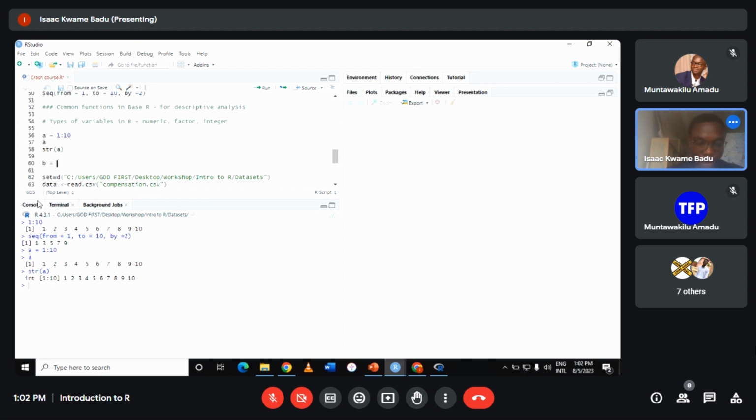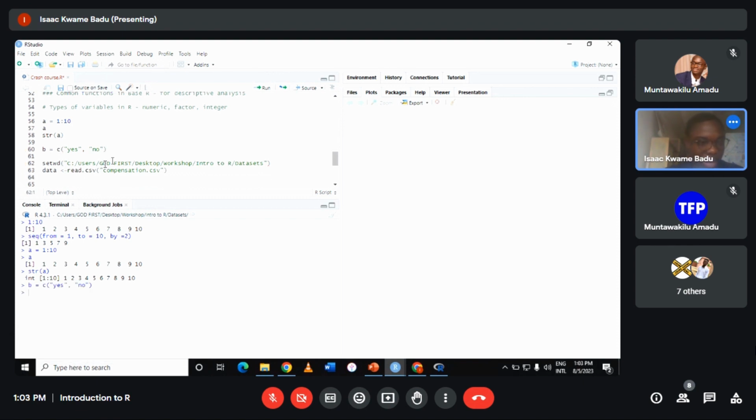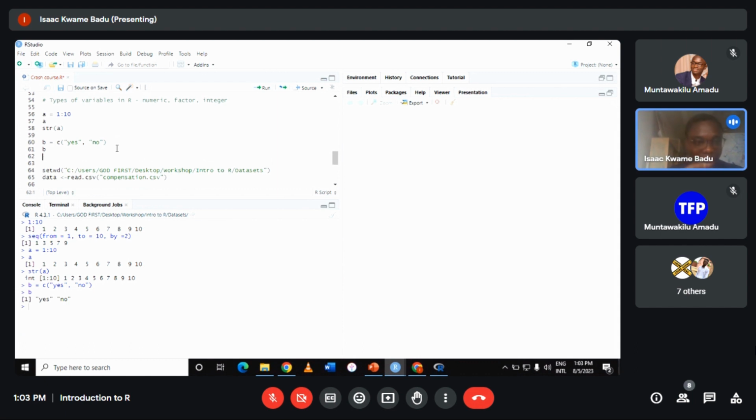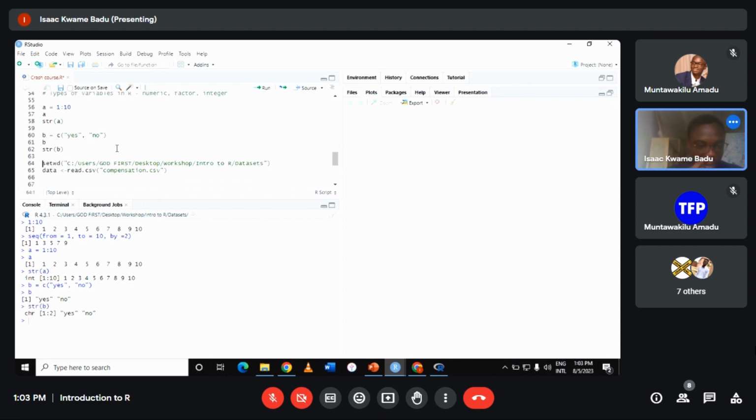Let's say yes or no. So yes, and then no. And then assign to B. So I tell R to store this as B. Anytime I call B, it should give me that output, yes and no. If I want to check the type of variable this B is, structure B, and then it gives me that